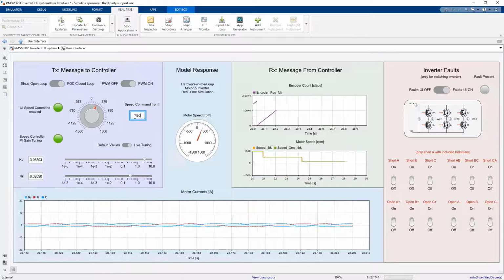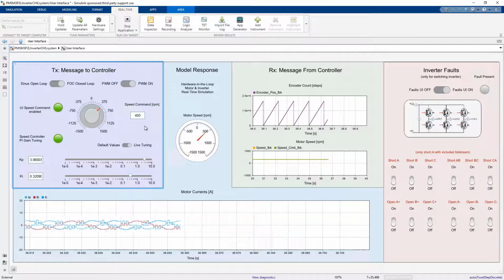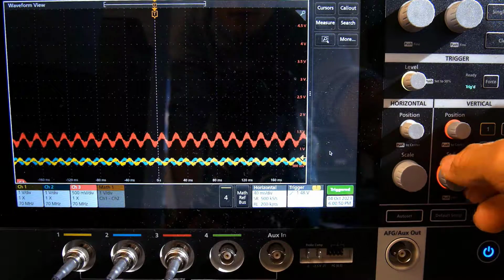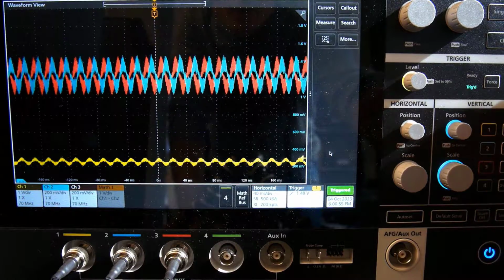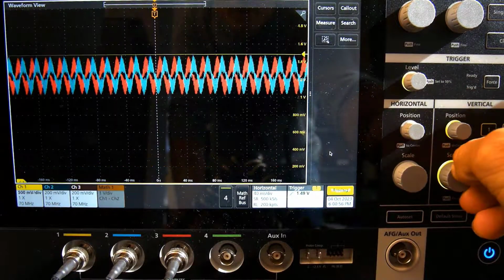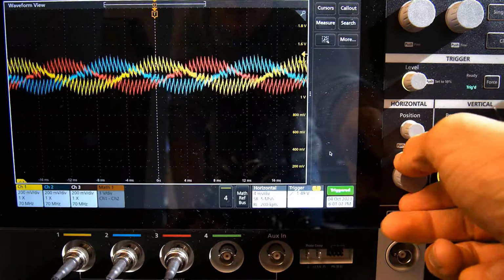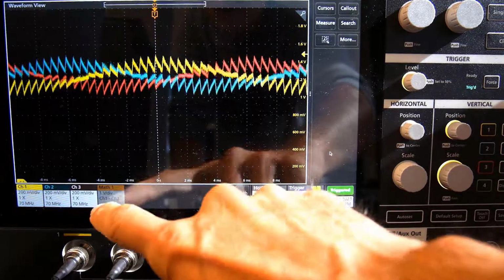We fix the speed to 450 RPM as a reference. Let's zoom in to see the currents in more details. We immediately see that they are very large current ripples.